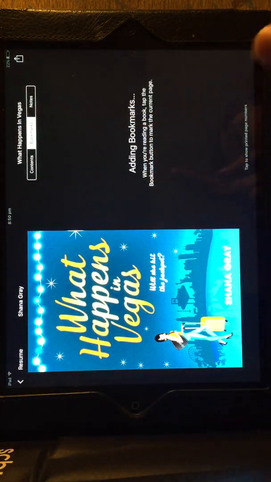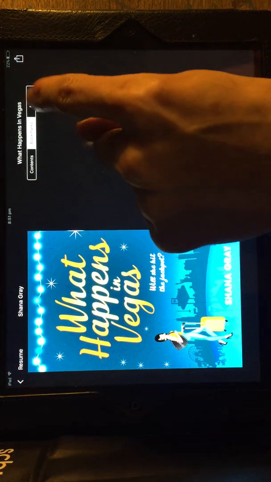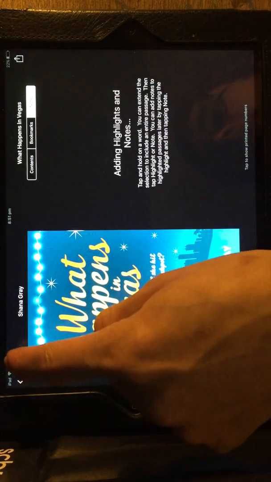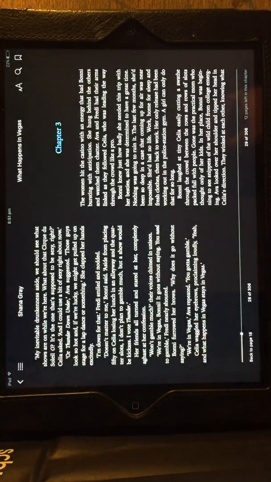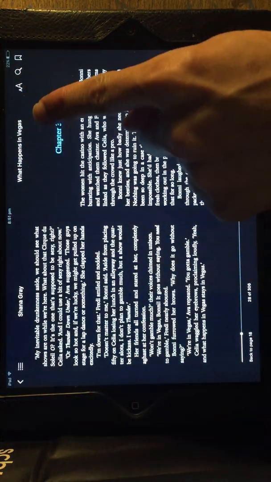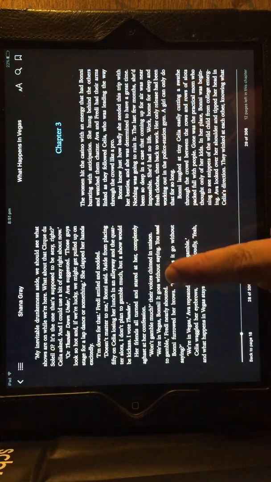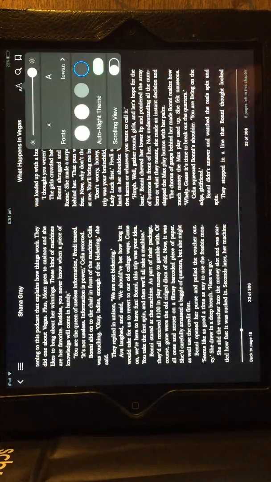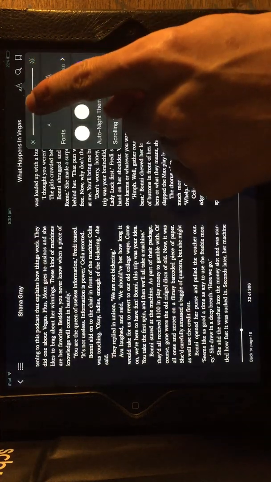Bookmarks. So I can add bookmarks and it'll keep my place. And notes. So you can even write notes or highlight things while you're reading the story. So we'll resume the story. It's clearly telling me what book I'm reading and who it's by all the time through every page by the looks of it. This option here allows me to change the brightness,